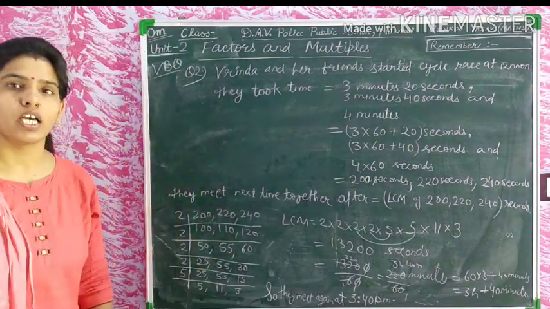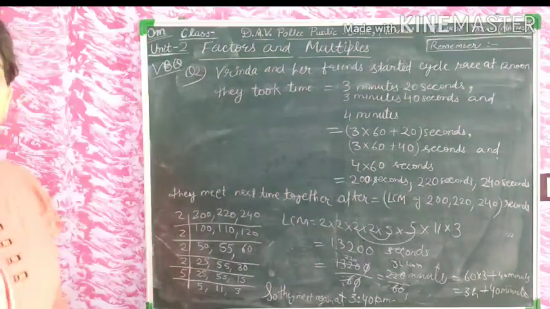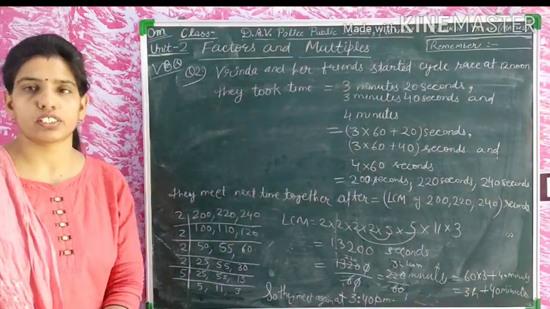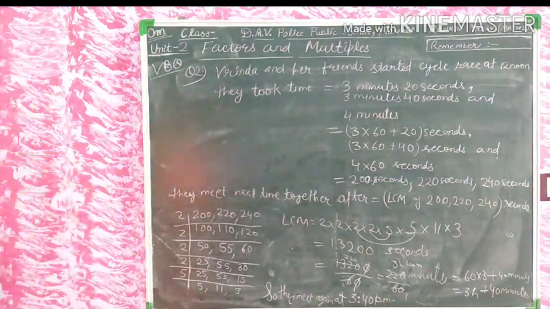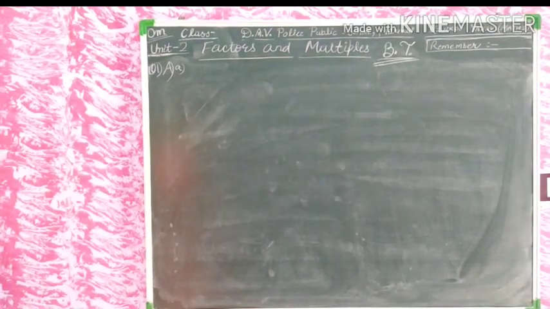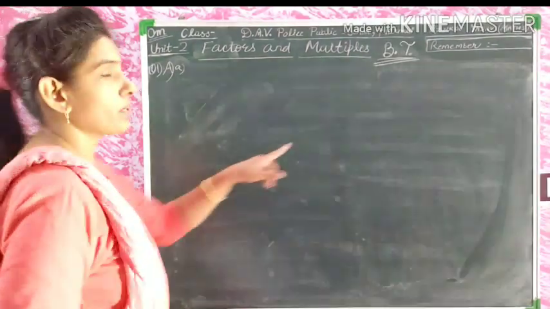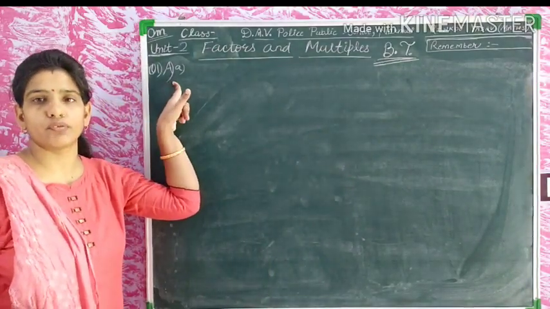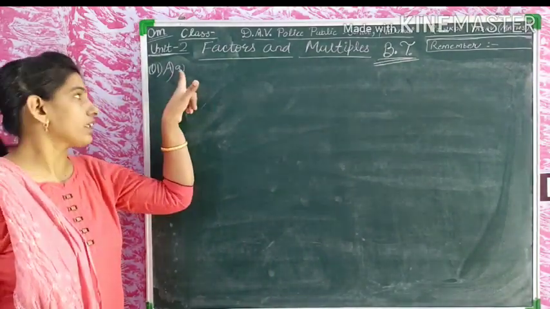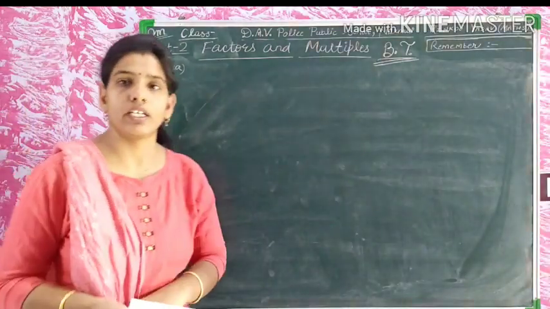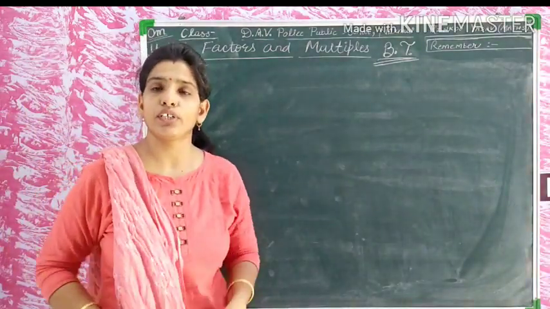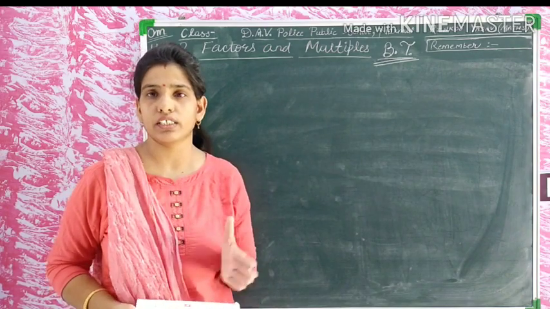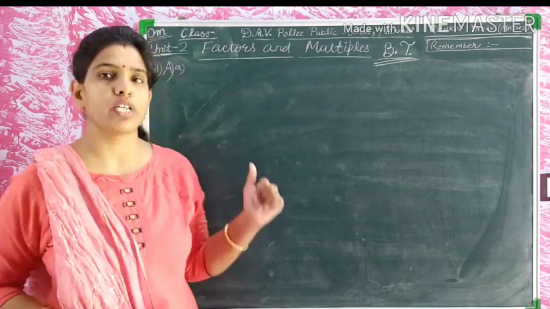Okay, students. Now there is the brain teasers exercise. We will do the brain teasers questions here. In the brain teasers exercise, we will do question 1, part A. This is the optional type of question, so we will do it directly.